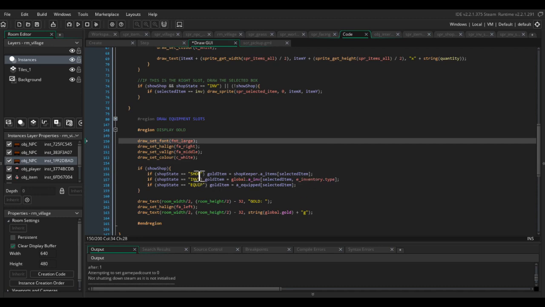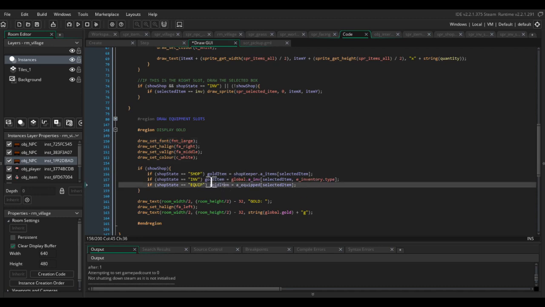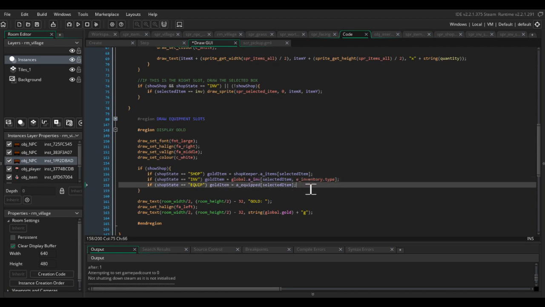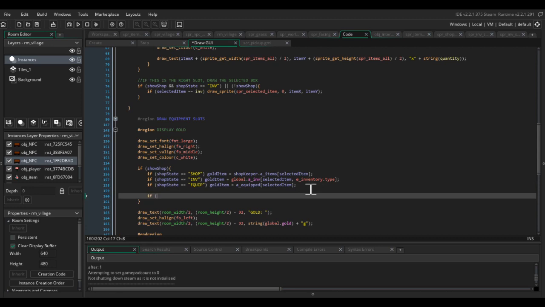Okay, we're getting there. So we're trying to find the value of gold item. One thing we need to do is, if shop state equals inv, yeah, that's fine, because it's going to be -1 or greater. So now, if gold item is greater than -1,